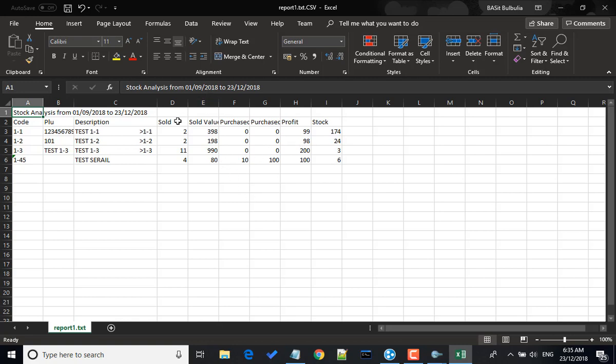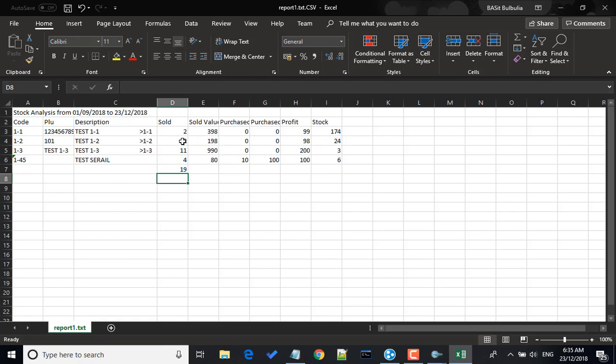If you want to add the columns, you just click at the bottom here and you can click at your sum button and you just press enter and it will summarize. It will give you a total of this particular column. That's using Excel. Some features of Excel, if you want to sort this particular grid